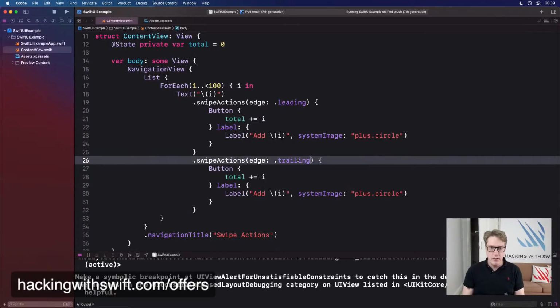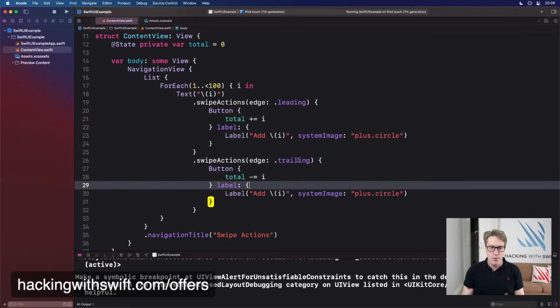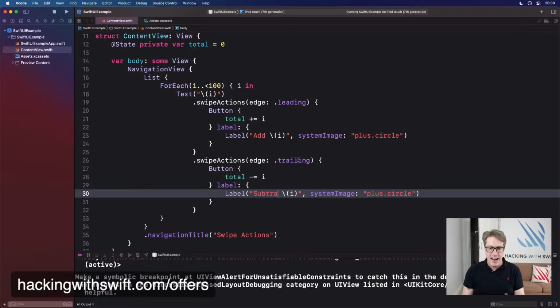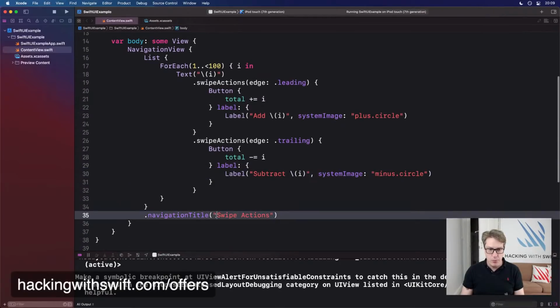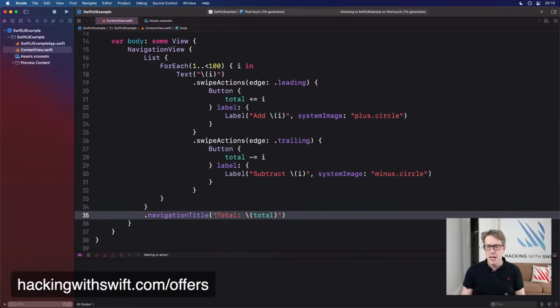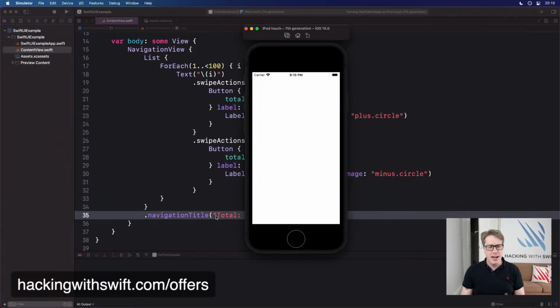One leading, one trailing. I will subtract that time around. I'll have subtract i, and I'll do not plus.circle, but minus.circle. And in theory, I can add that to our title somewhere. Let's do total is total. And we've got ourselves not quite James Thompson threatening, but a calculator nonetheless.